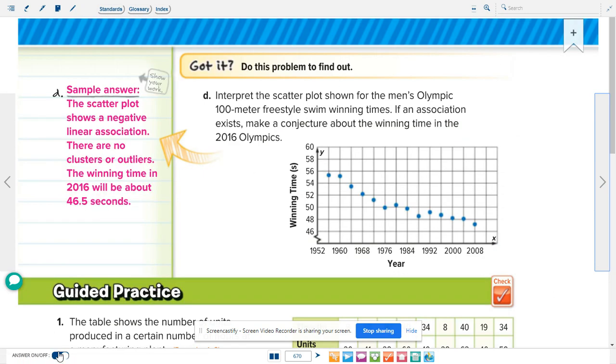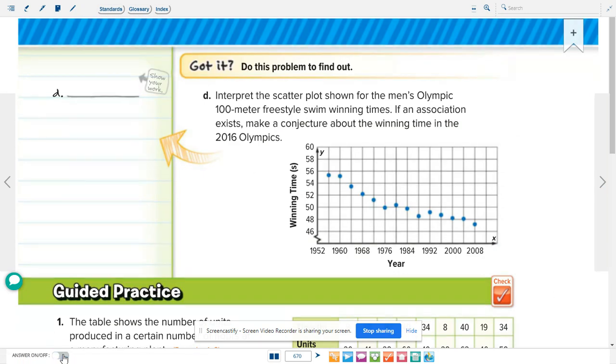All right, here's your chance to try it. And this one's a little bit trickier because I don't think it fits. The one that they're making you predict or make a conjecture about doesn't fit on this. Oh, yeah, it does because it goes up by 8. Got it. Okay, so let's just